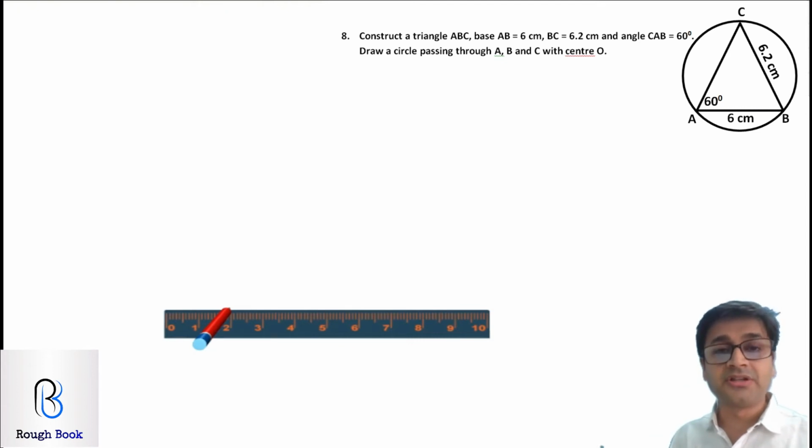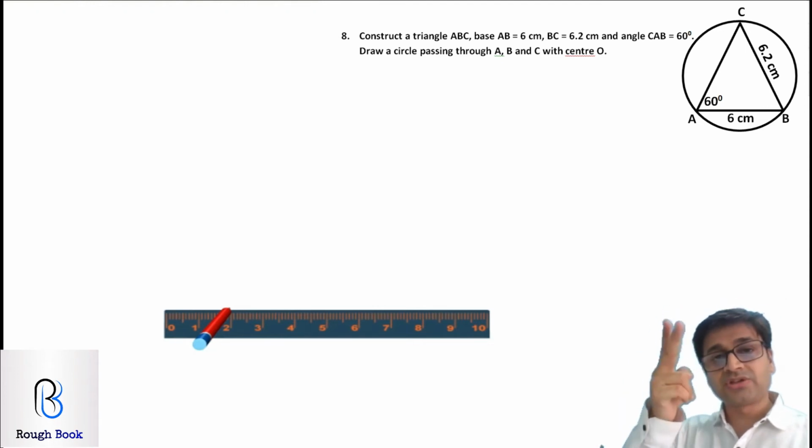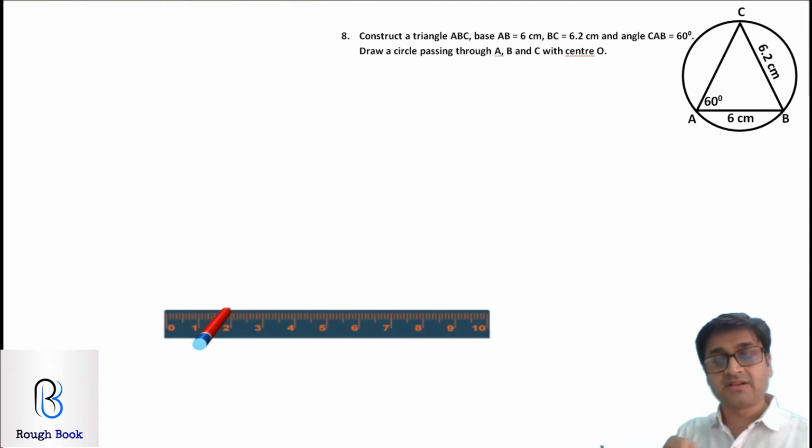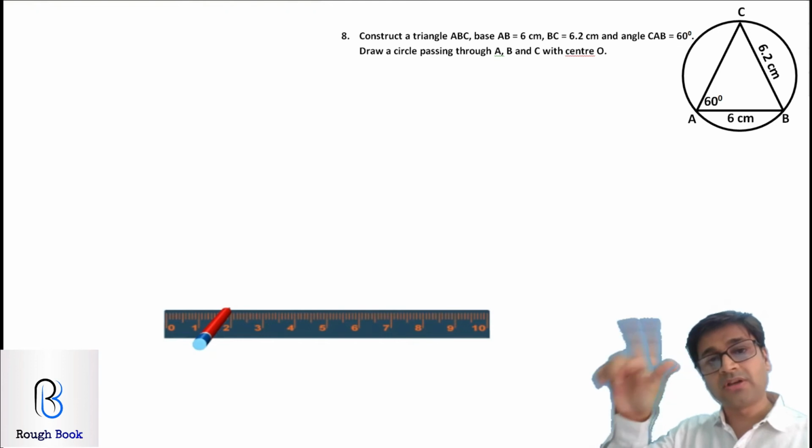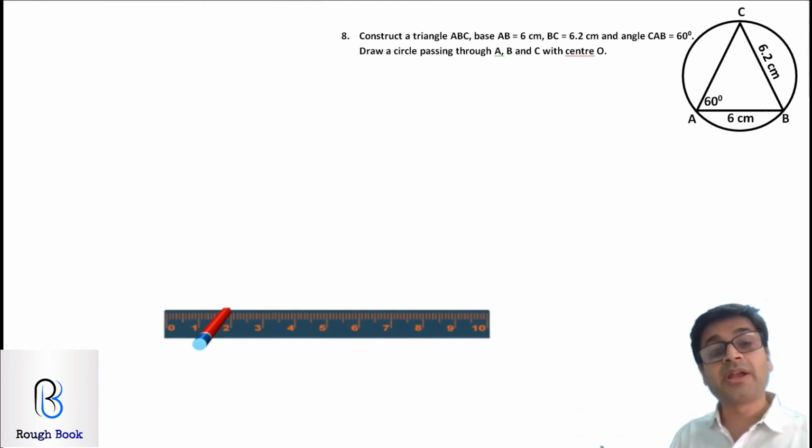Right now we are into circumcircle, we are going to draw side bisectors. So once you draw your triangle ABC, take any two sides, get their side bisectors. Wherever the two side bisectors intersect, from that point, if you draw a circle through ABC, you will get a proper circumcircle. Let's see how we are going to go about it. Pause the video, try on your own.